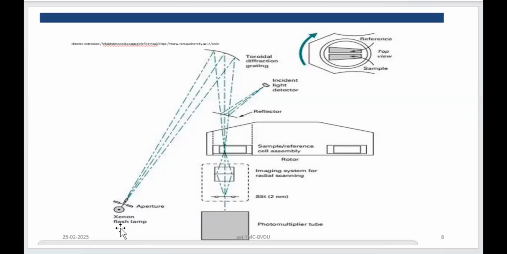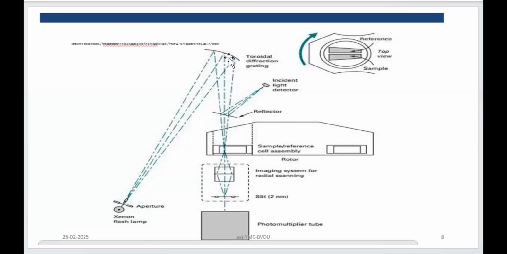Now this is the light source, so it can be xenon light, it can be UV light. Whatever the optical system you have attached to that is going to require a light source. So this is the light which is going to pass through the diffraction gratings. We will study about diffraction grating in detail when we learn about spectrophotometer, but let me tell you, it is going to work like a prism which breaks the light into its component wavelengths, right? We know that.